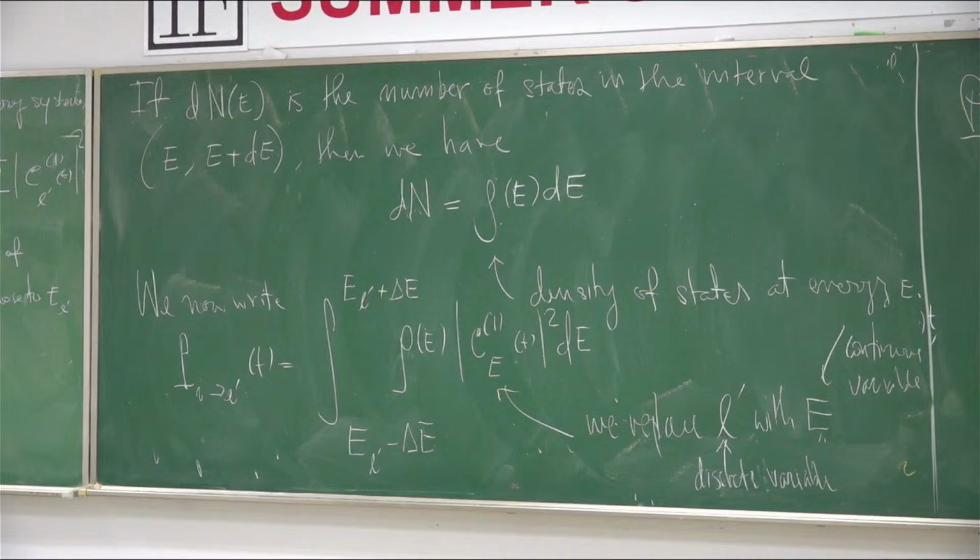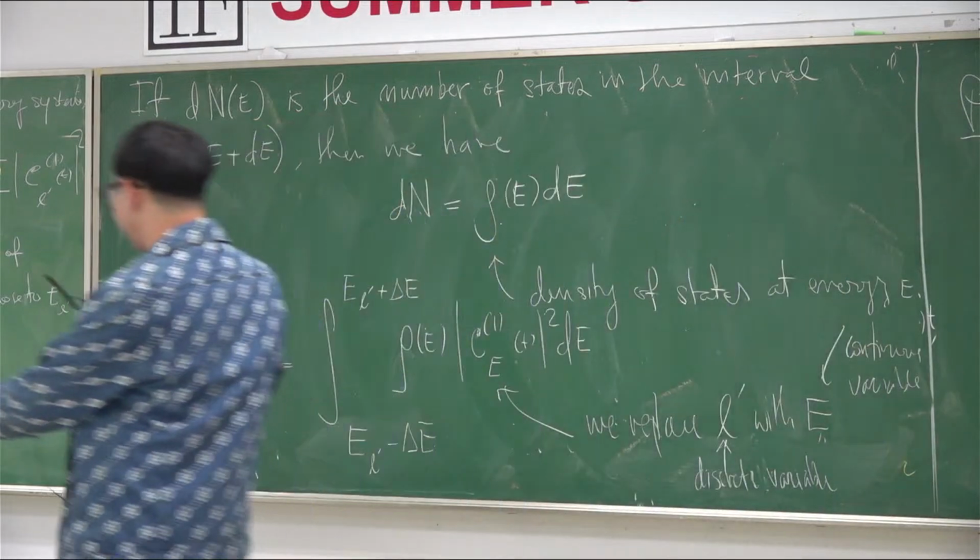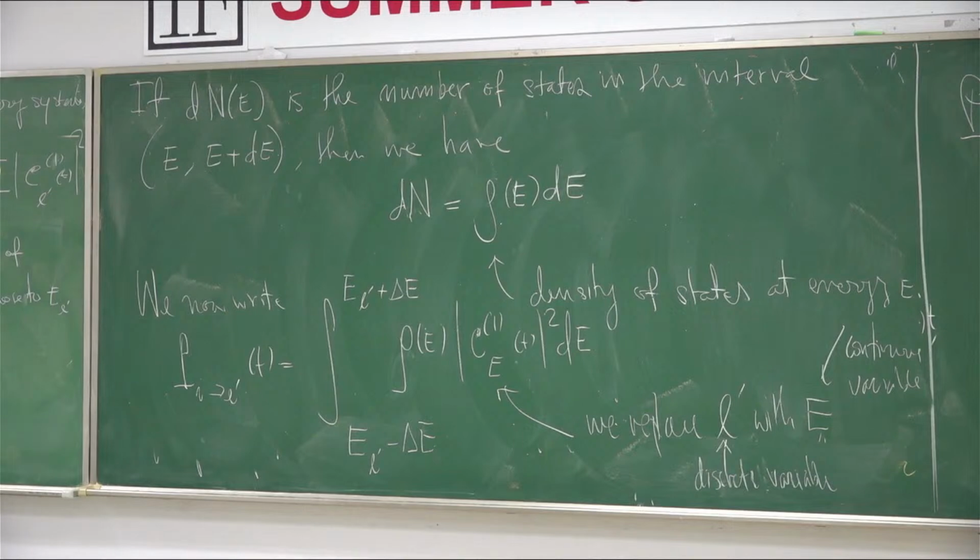L is a discrete variable and E is a continuous one. Right. Because if you look at this, the thing will look like a continuous band. That is the reason why we try to